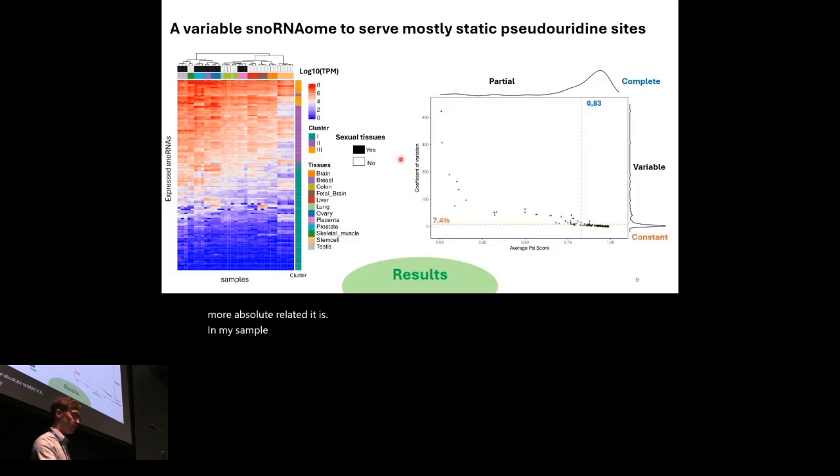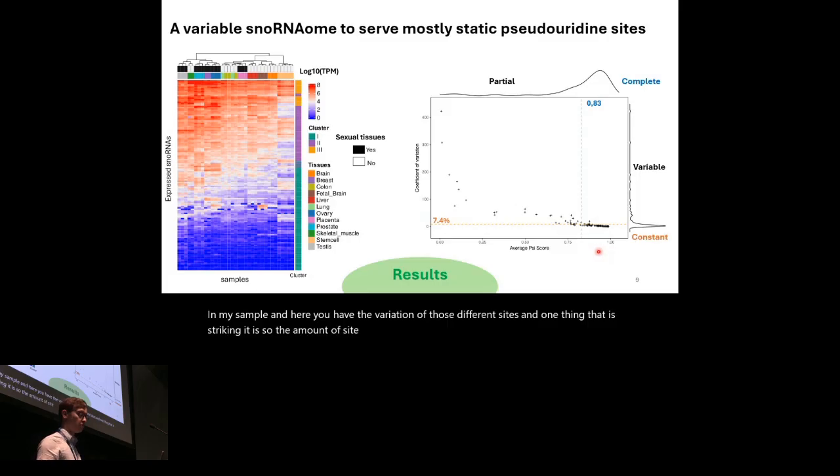And here you have the variation of those different sites. One thing that is striking is the amount of sites that show a complete or almost complete and constant level of modification. This is really a stable population, where you can see at least 2/3 of your sites being really in this specific area